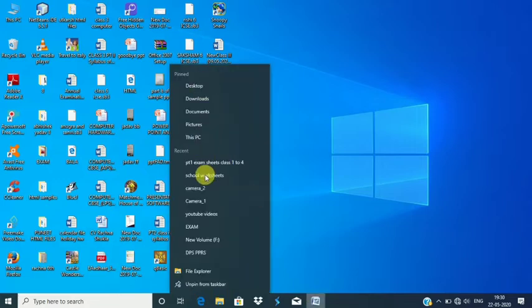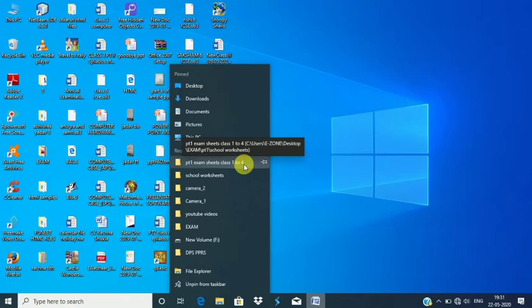Okay, this is the jump list. The actions or options depend on the program on which we have right clicked.